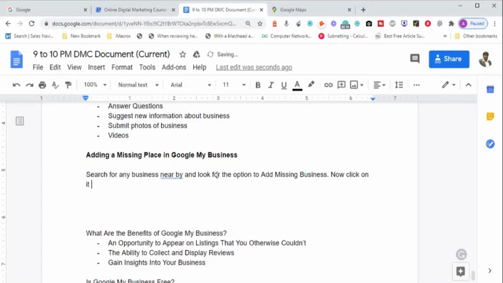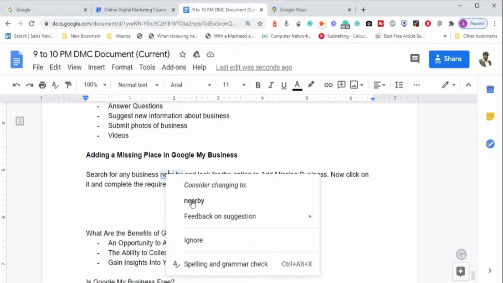Click on it and complete the required details in the form. The listing will be created. Anybody can create a local business listing.